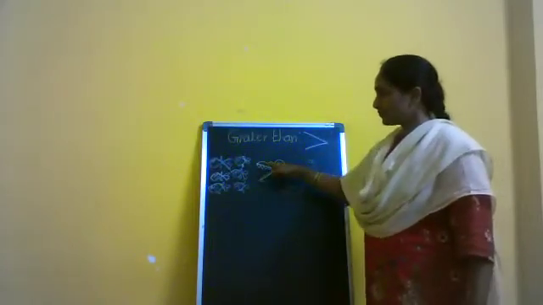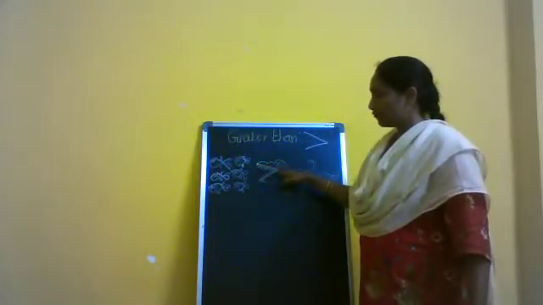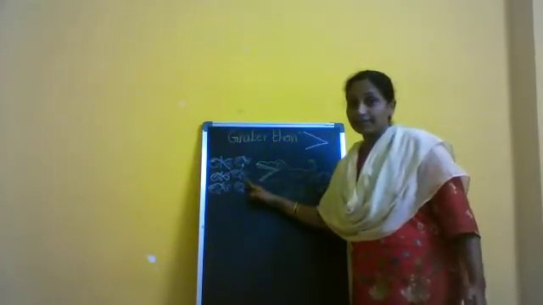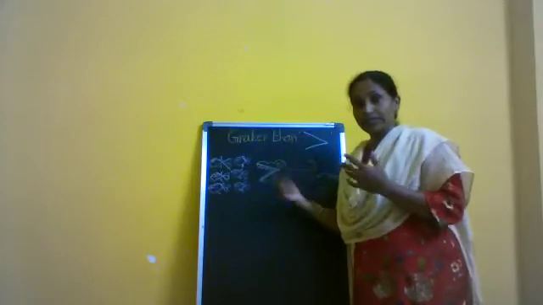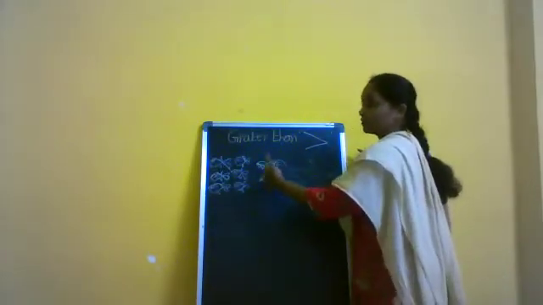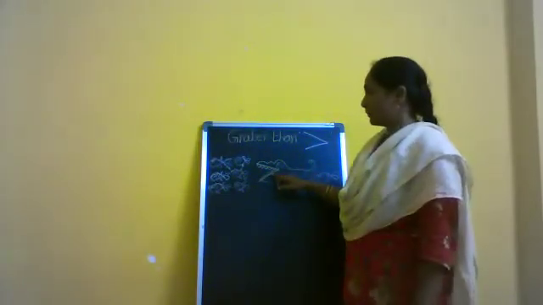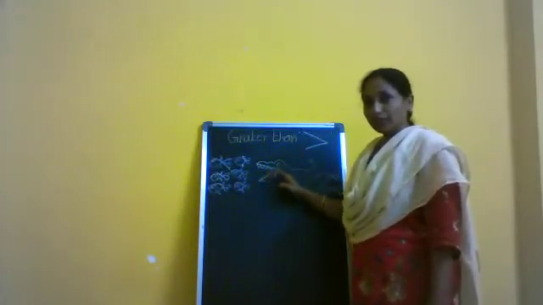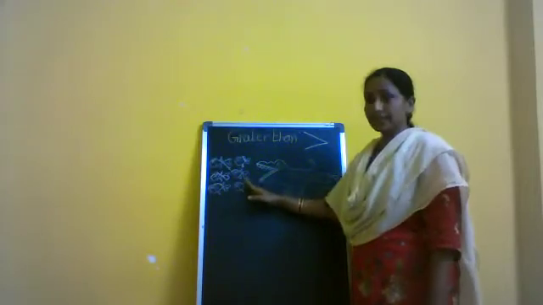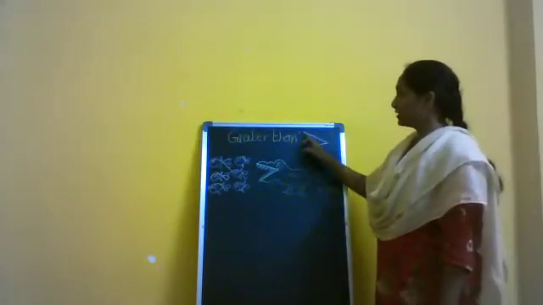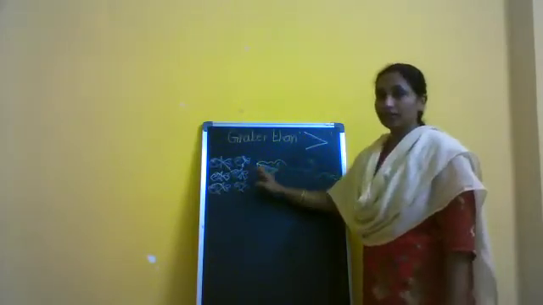So this crocodile opened its mouth to which side? Left side. The more quantity side. Left side. See? So this is the symbol of greater than. It opened its mouth to the greater side. It is the symbol of greater than. Greater than means it opened its mouth to the left side.